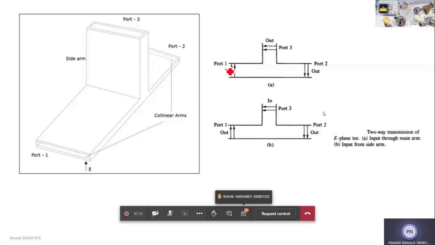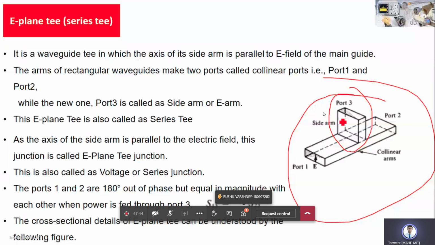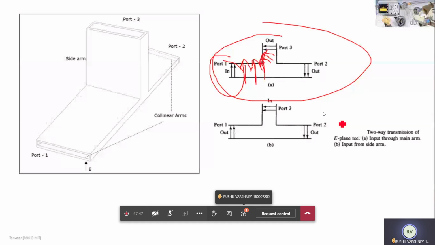See, if you are giving the input power at port 1, it is going like this, like this. Then again at this point, this phase will be changing. Like this it will flow. So it is the direction of flow which is shown in your 2D pattern. If you see this diagram, see the port 1 field and the position of your port 3, same, analogous. Oh, okay. The position of port 3 and the field of port 1 are in the same plane. That's what you mean, sir.